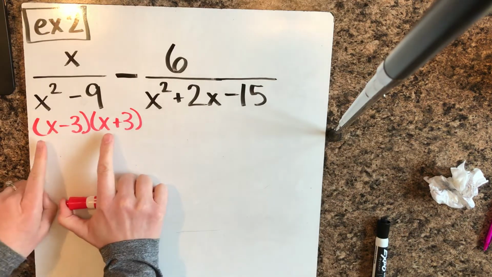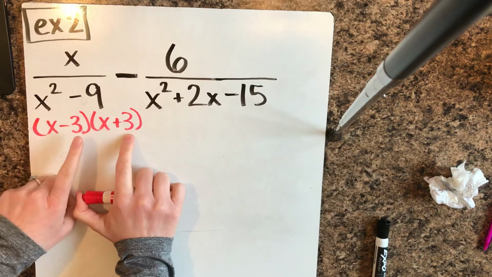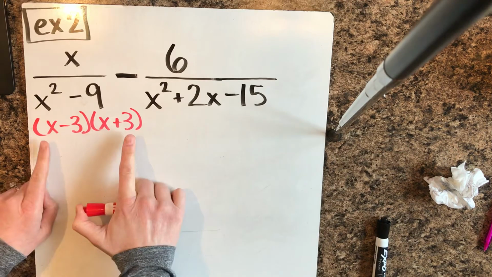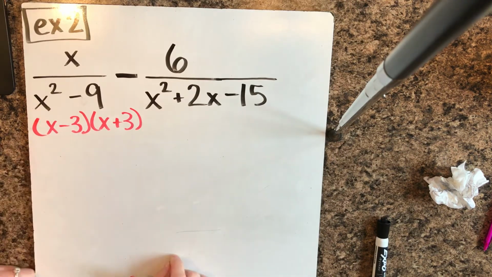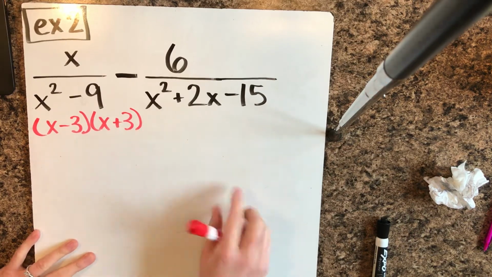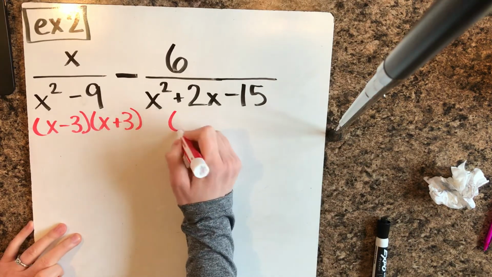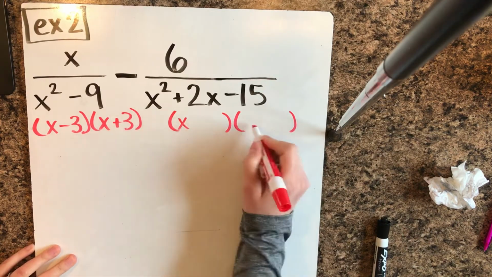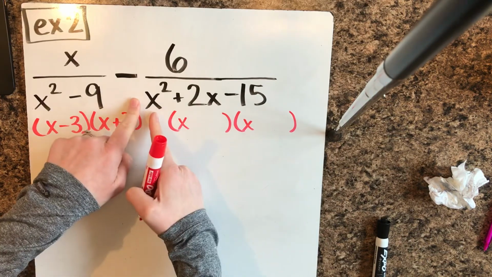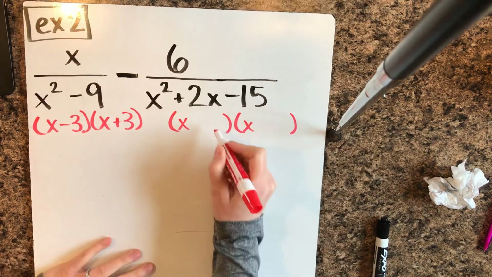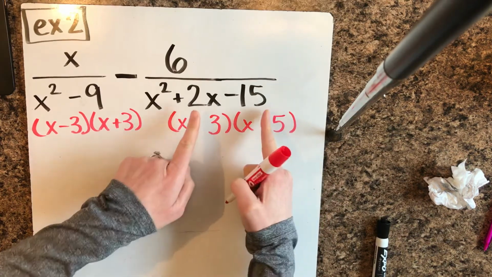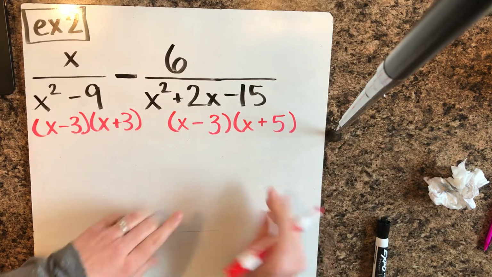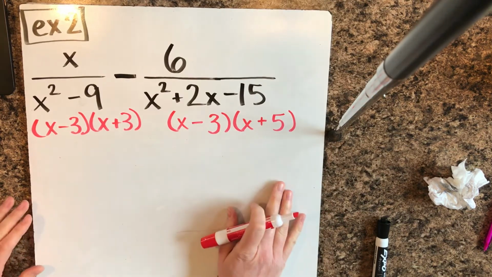These signs are opposite. X times x makes x squared. 3 times negative 3 makes 9. And if you multiply out negative 3x and positive 3x and combine like terms, that's where the 0 comes in. Okay, on this side, use your box and diamond. Unless you're able to do that in your head, that's fine. We've got an x and an x combined to make x squared. This negative 15, I know 3 and 5 multiply to make 15. I have to add to make a positive 2, so it's a positive 5 and a negative 3. If you don't like that way of doing it, go ahead and use your box and diamond